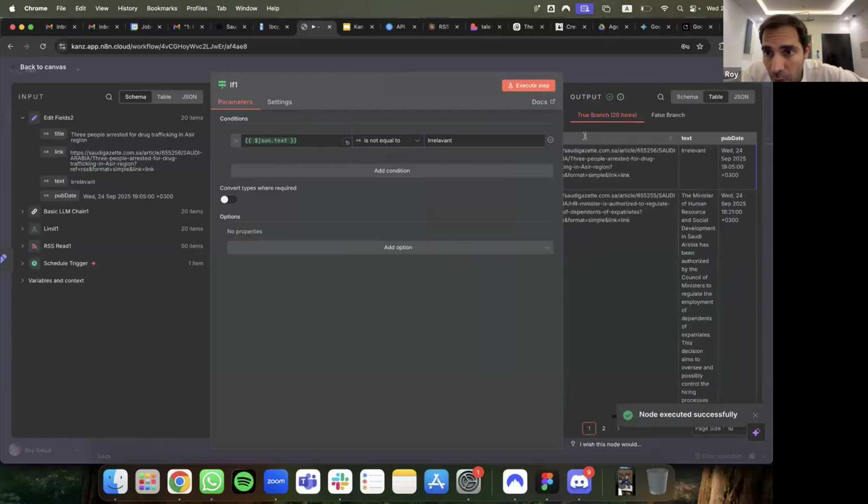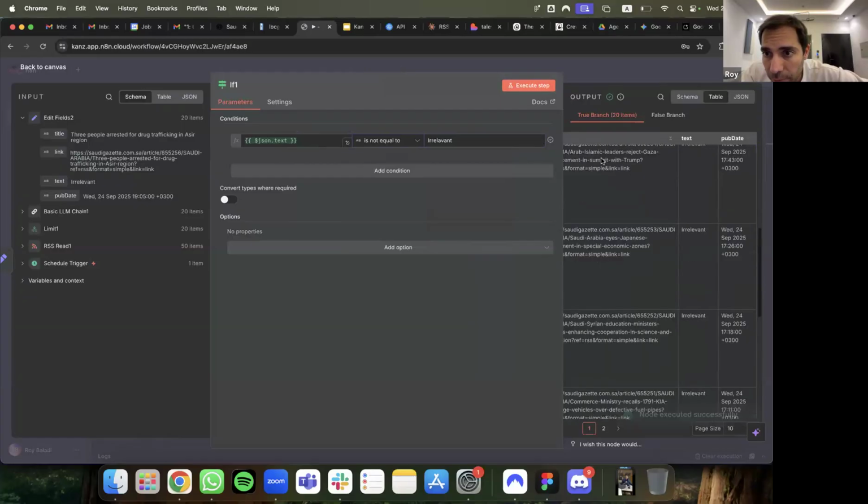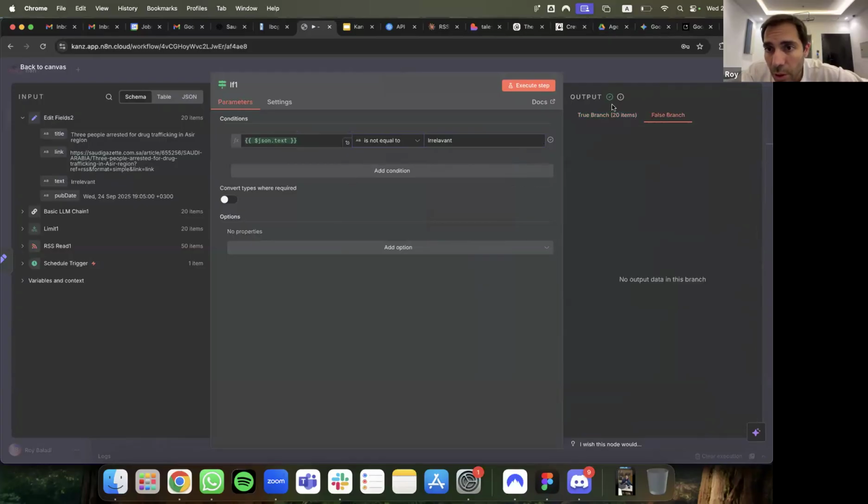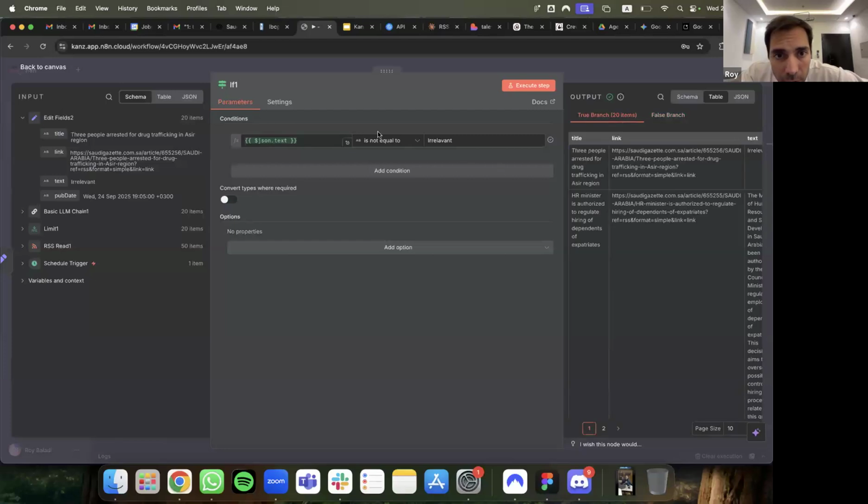So now it's an if statement, so you're going to have the true branch and the false branch. Somehow, with JSON.text not equal to irrelevant, I should not get 20 under true and 0 under false.